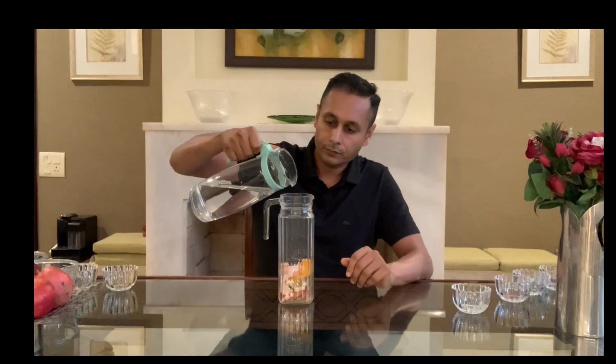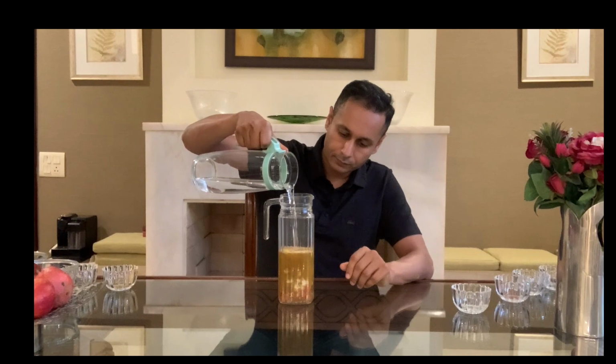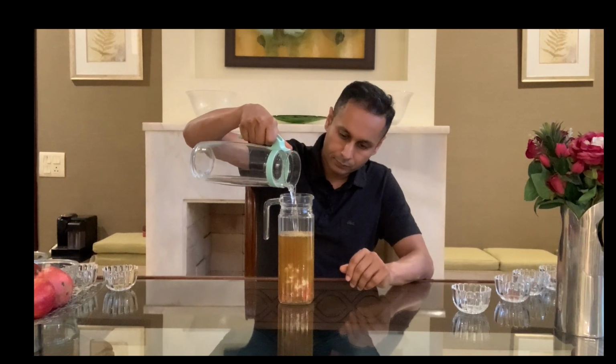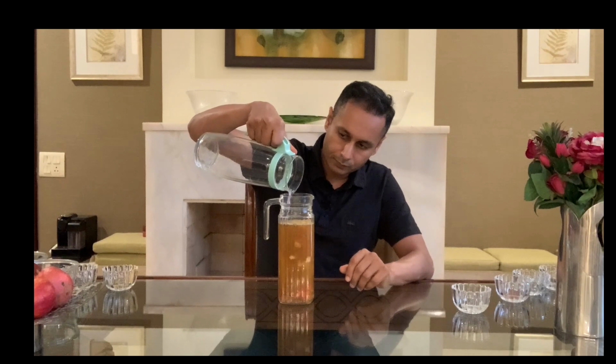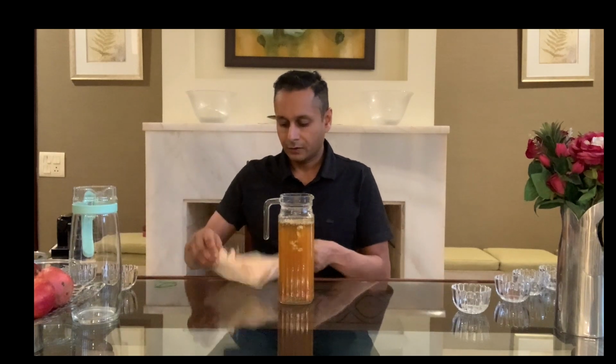So now we have all our spices here in our Kanji mix, and what I've got here is 1 liter of water. Now this water was boiled and cooled down. Very important that you let it cool down. Now your Kanji mix is ready. You can give it one spin with a spoon, and once you've done that, the important thing is to take